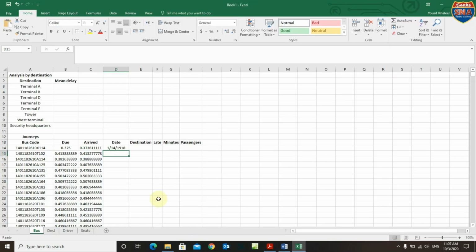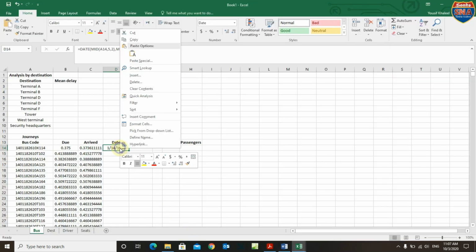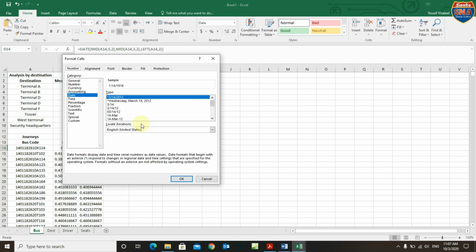It's very easy. What we have to do is right click here and go for Format Cells, and this is the date, and okay, I need it as custom,